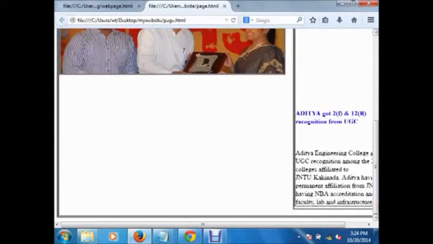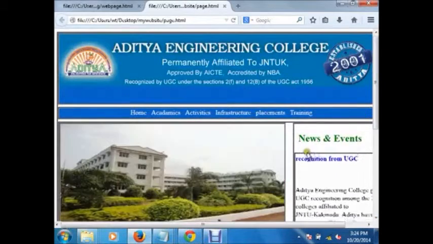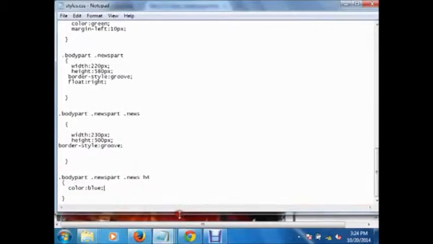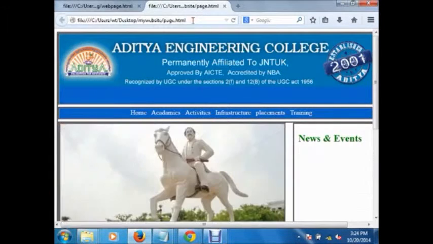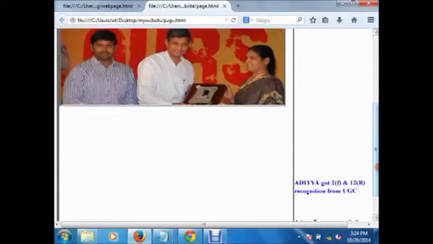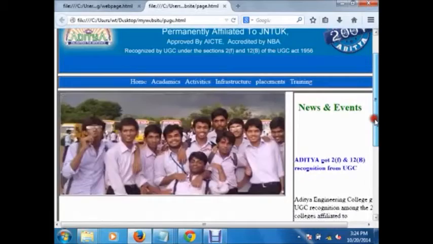Okay, now it is displaying in blue color. Now remove this frame. Just remove this. So removing this means just for the news part, remove this border type. Okay. Now the news part is also completed. Now insert the